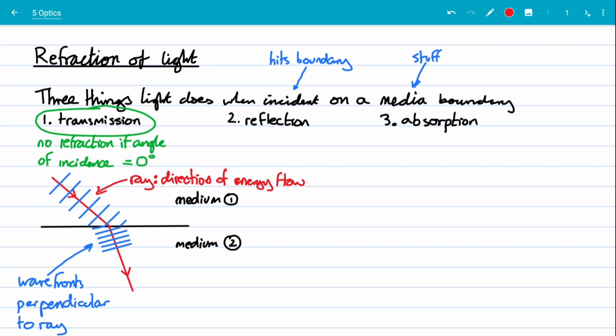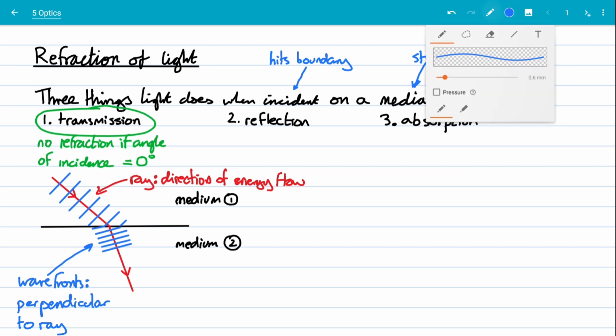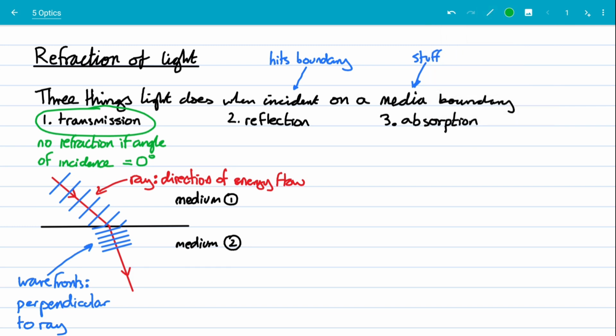And there we have it. That's our simple diagram that shows refraction, and you will have done that at GCSE level. We also have to draw a normal, which you will have done at GCSE level. The normal being a line that is perpendicular to the media boundary,